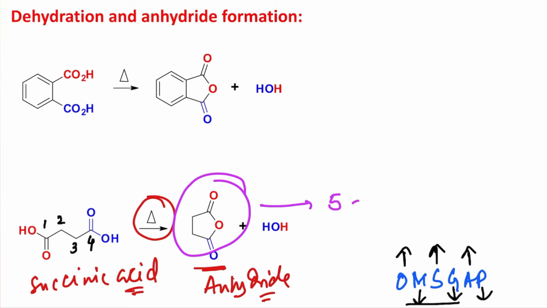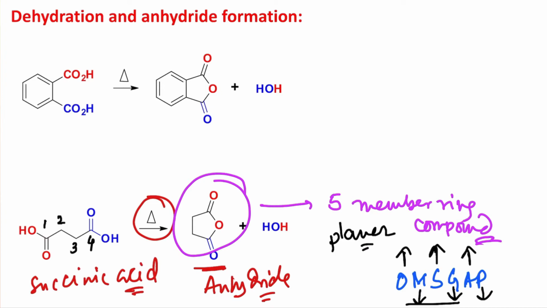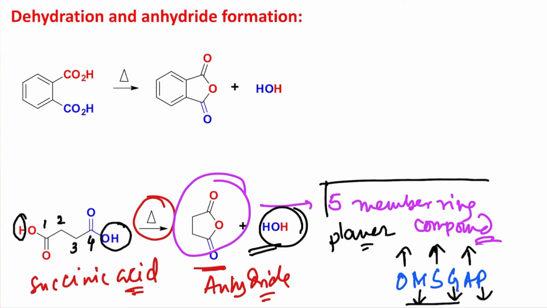Why? Because this is actually a 5-membered ring compound, and we know that 5-membered rings are almost planar. Since they are planar, it's relatively easier for one OH and one hydrogen to be eliminated, producing a water molecule. Fine. Why does anhydride formation get favored? Because 5-membered ring formation has proper conformational orientation, that's why it forms relatively